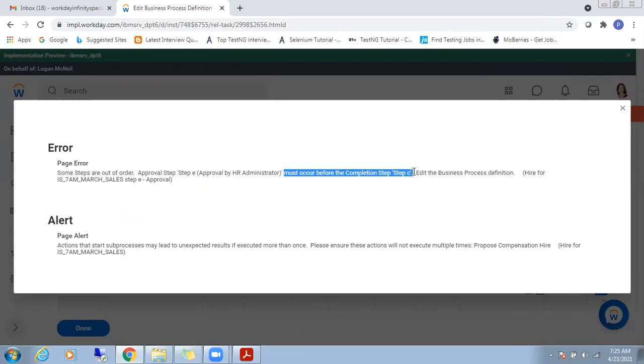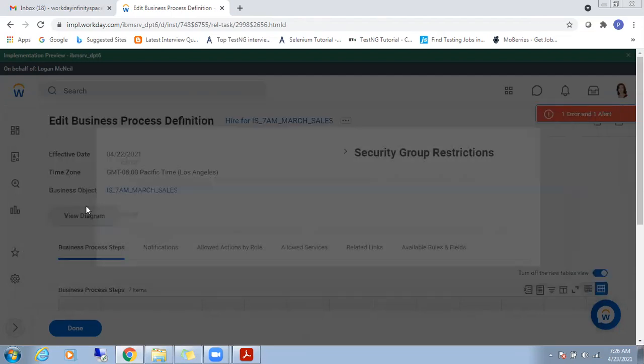Remember this point. This is very, very important. This may come in the interview also. The approval step should be before the completion step. That is the reason it is prompting the error.